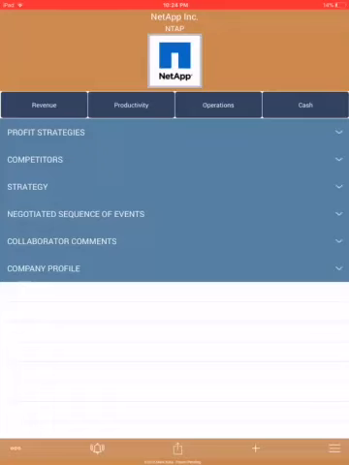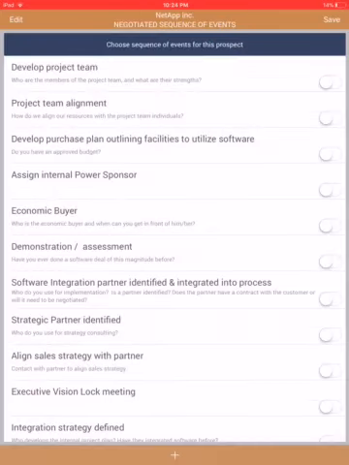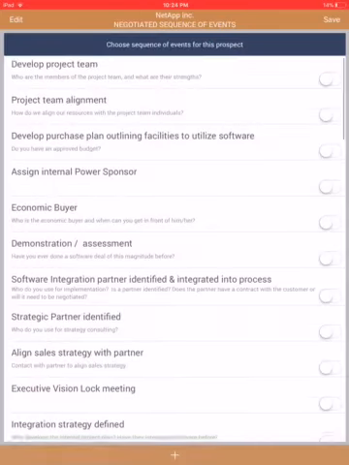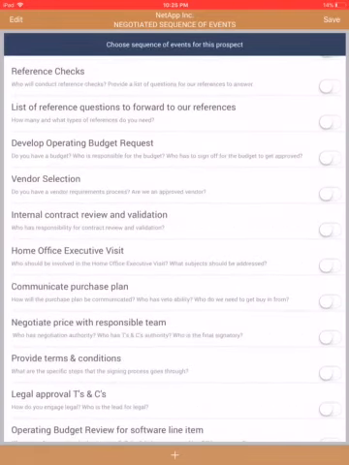Hi, let's talk for a few minutes about one of the really exciting features of Think Like a CEO app. It's a collaborative feature, and it's built to work in collaboration with your prospect, and it's called the Negotiated Sequence of Events. And you can see right here, if we press down simply the Negotiated Sequence of Events and edit the events, you'll see that Think Like a CEO app comes with 40 some odd sequence of events right out